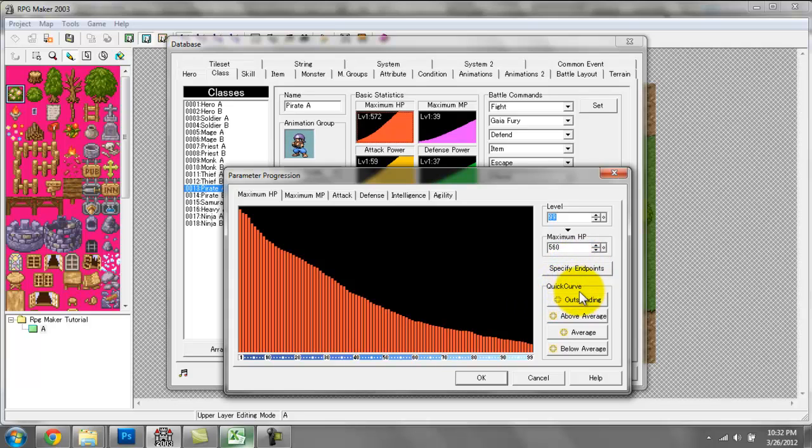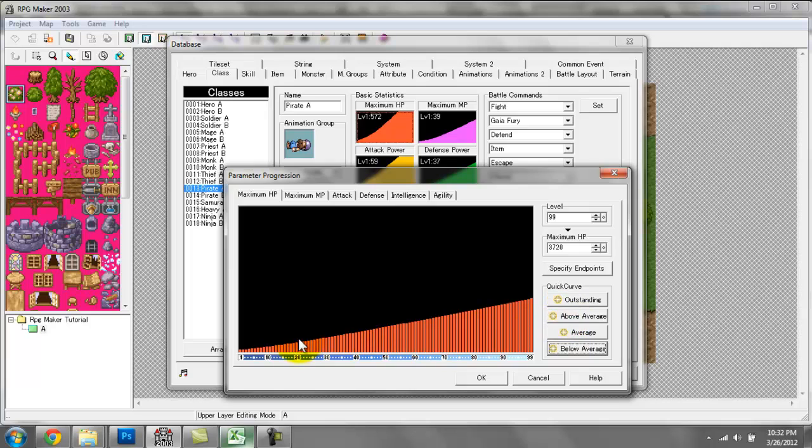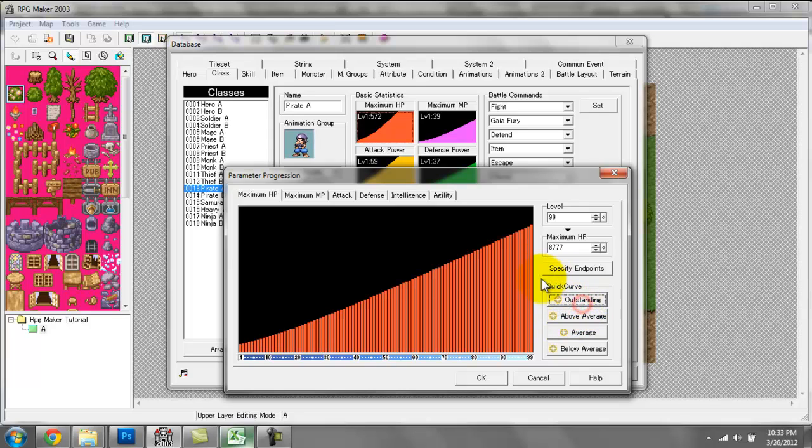And a quick curve pretty much gives you various options. So if you want his HP to be below average, you see it doesn't improve much over levels. Average, you can see the graph increasing. Above average, and then outstanding. So say you have a character that's a monk,